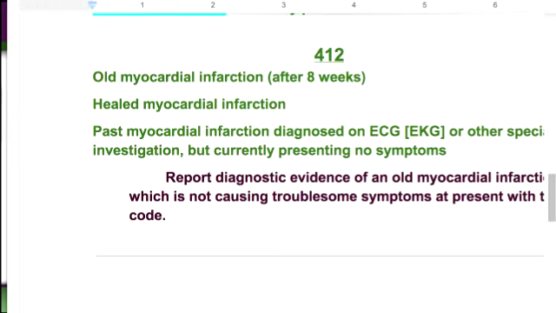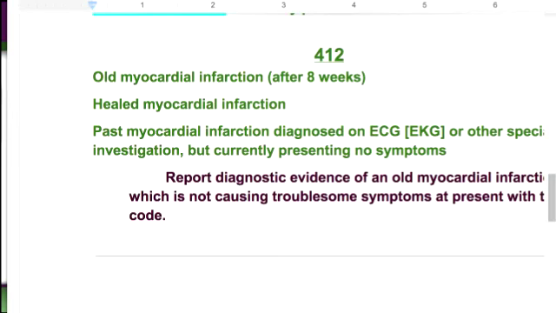Now, I think it's kind of funny when it says healed myocardial infarction, because you can't heal an MI. When the heart tissue dies, it dies. But you can see a past MI on an EKG, and I know a lot of people may not have known that. Even my mother-in-law went in and had an EKG not too long ago,